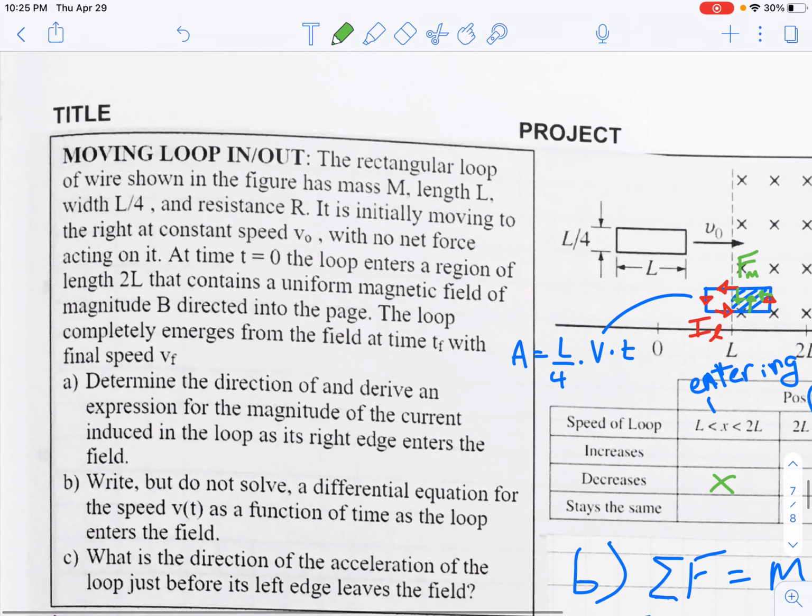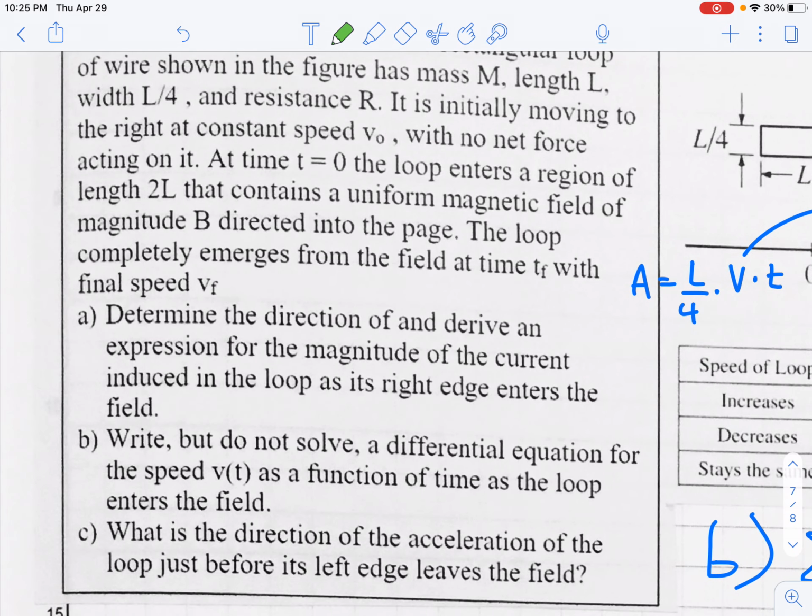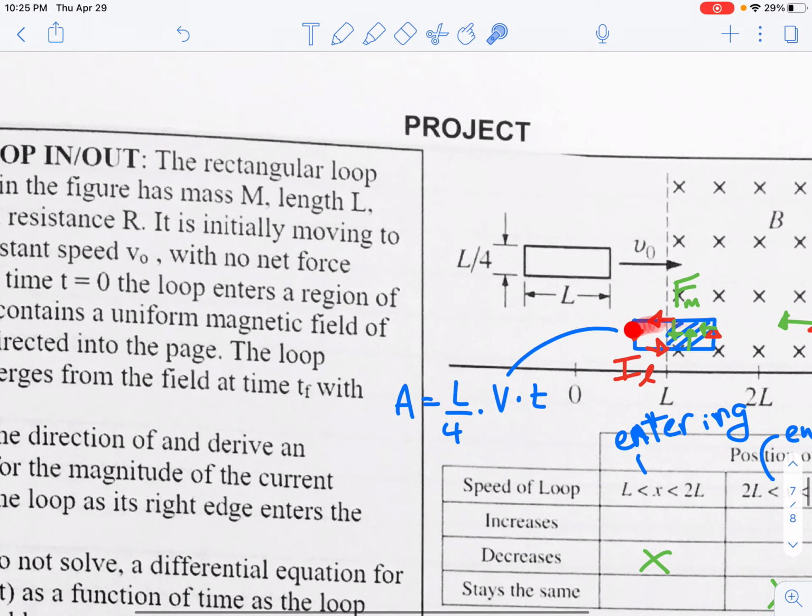So that's a good way of thinking about the problem and familiarizing yourself with the many different ways of using the right-hand rule, Lenz's law, fluxes, currents, forces, all that stuff. Our first real task here: determine and derive an expression for the magnitude of the current in the loop as its right edge enters. Remember, the area depended on the velocity,